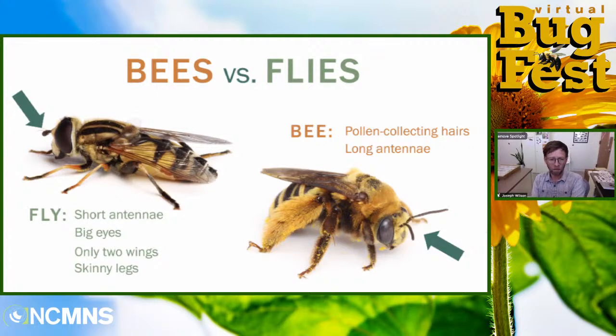And then one thing that people often mention, which I don't usually look at, but it is a true statement, is that flies have 2 wings and bees have 4 wings. The reason I don't use that characteristic is because when a fly or a bee is sitting on a flower, it's hard to count the wings because the bees fold them over and so do the flies. Also, when it's flying, it's hard to count the wings. So while the wing characteristic is true, it's kind of hard to tell the difference. So I focus on the face and the legs usually. So are you ready for a pop quiz?